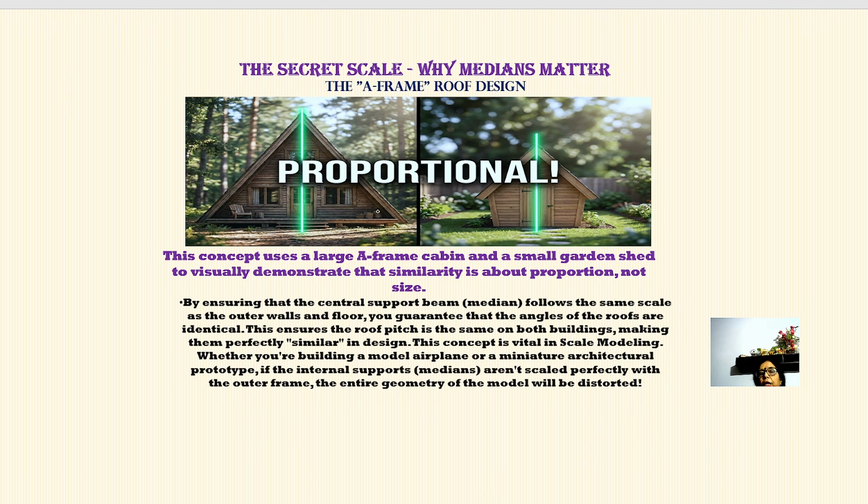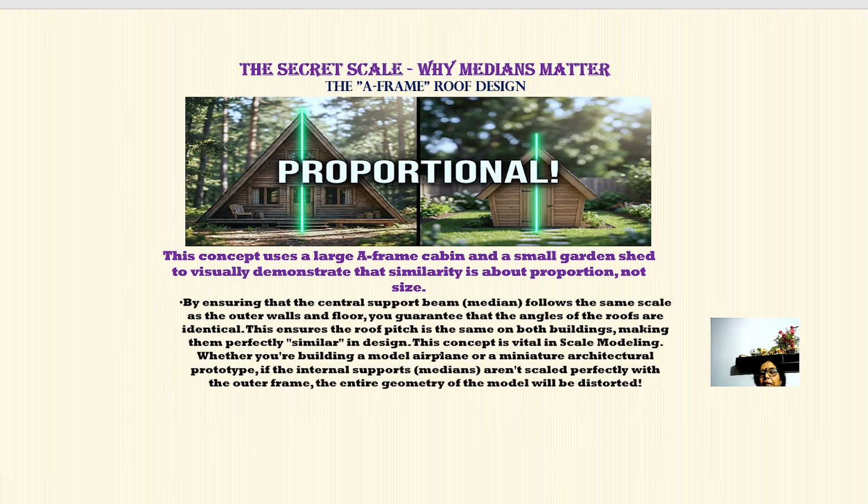So now, if this central cord over here, or the central support beam, follows the same proportionality relation as the outer sides and the floor distance, then automatically the vertical angles will become equal. So which will become a very strong support. And this is also a concept used in scale modeling. Now if the proportionality is not the same, automatically the angles will not be equal and so the entire model will become distorted.